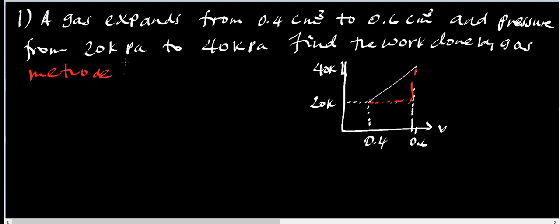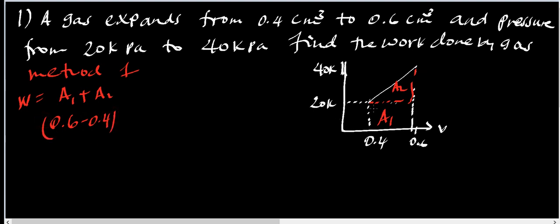method 1 ምንድን ነው የምናደርገው? የመጀመሪያው let's say this is area 1 and area 2 ስለዚህ area 1 is W is equals to area 1 plus area 2 ሬክታንግል ነው አይደለ? ሬክታንግል ስለሆነ ይሄኛው 0.6 minus 0.4 ቤዙ ነው ሃይቱ 20 ነው። ስለዚህ 20 ሬክታንግል ነው ይሄኛው ሬክታንግል ስለሆነ ምንድነው የምናደርገው ታይምስ 20 ፕላስ ይሄኛው